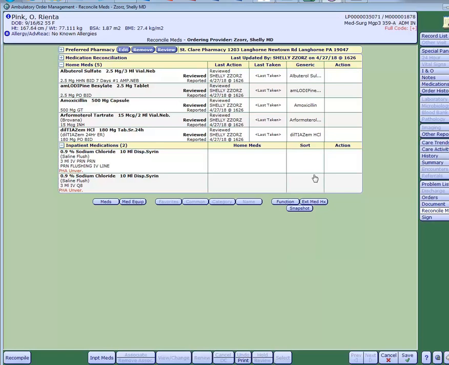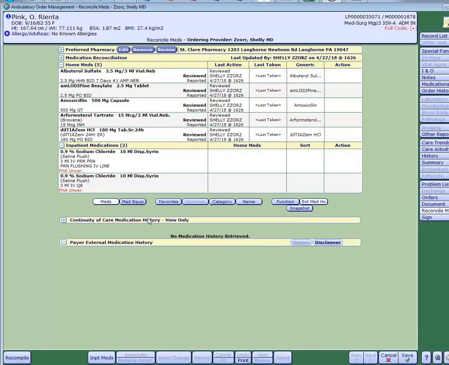This unfortunately does not cover anything that was given to them as samples or anything they paid out of pocket for, but it does give you a good idea of what medications they've purchased via their insurance. When you click the Med History button, anything that they purchased would populate here. So if, during the interim they were discharged last from the hospital, their provider put them on Coumadin, you would be able to obtain that information from the Med History. So that's a helpful feature of the external Med History. Again, using the Reconcile Meds workflow is a very safe way to obtain the most accurate, most recent medication list